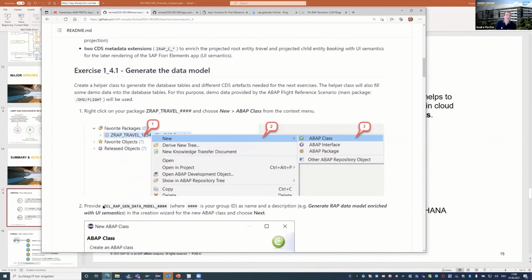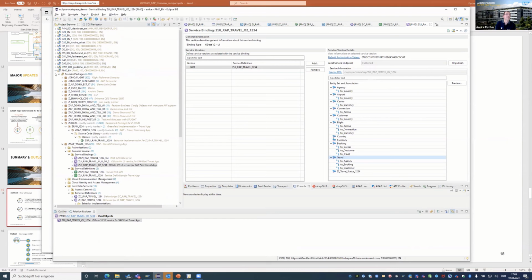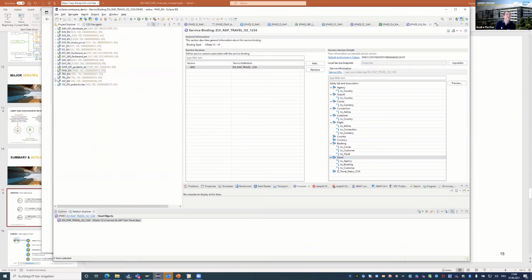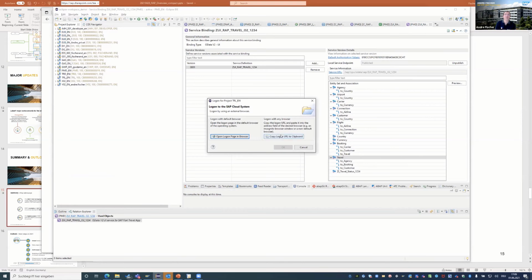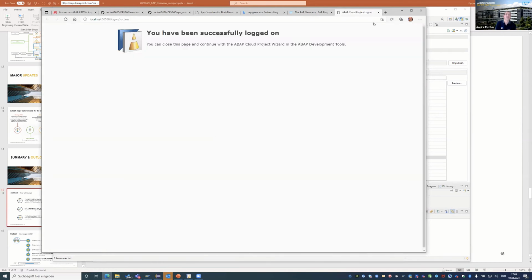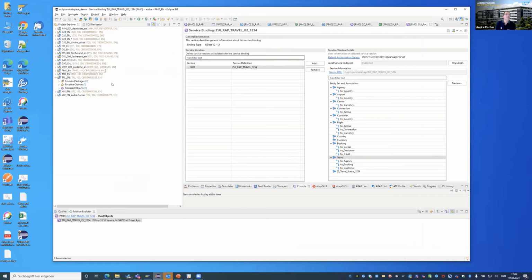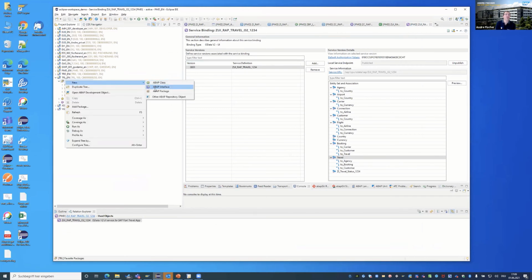I can show this here, right? So we create a package. Maybe this is a nice demo. So I'm logging on now to a cloud system, and I will start by creating a new package.